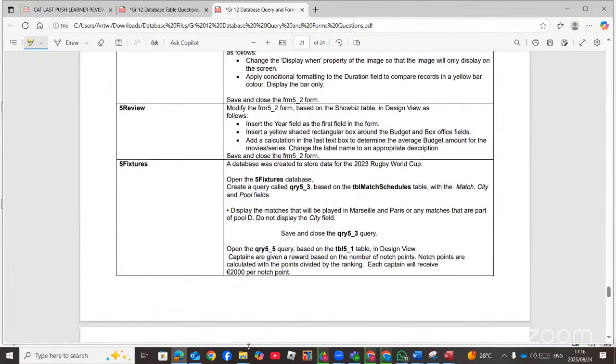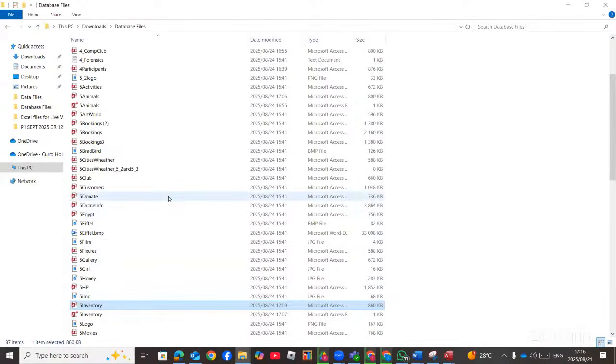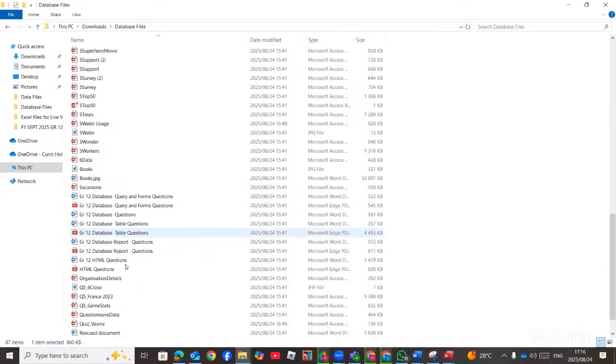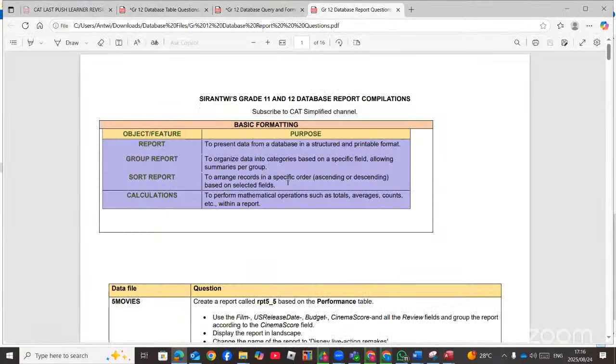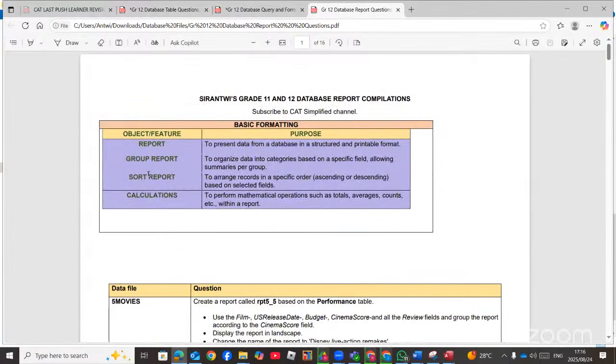Now we move straight to report. I'm going to also go back to the report. I will not spend much time, maybe 5 minutes on report. So when you go there, you also see report questions. Now the report only involves grouping, sorting, and calculations. Those are the three things that they will ask you about report, and the rest are similar to